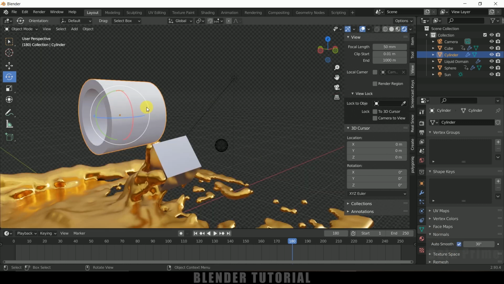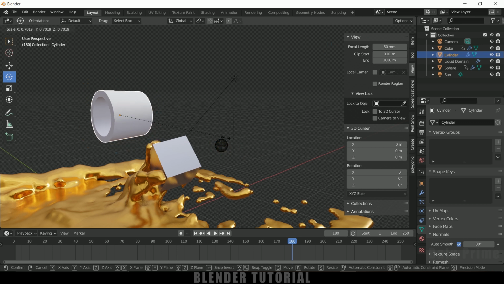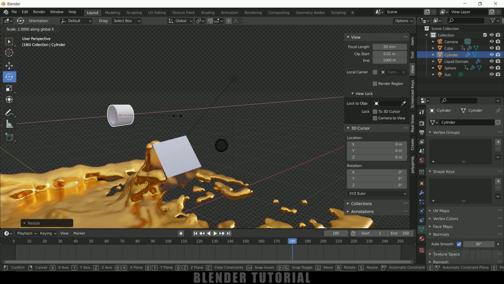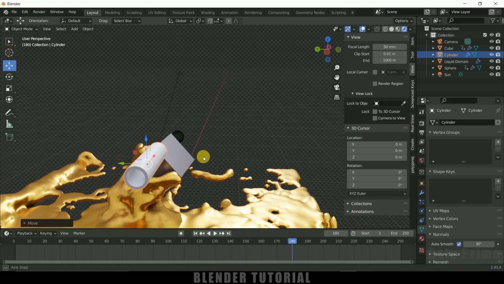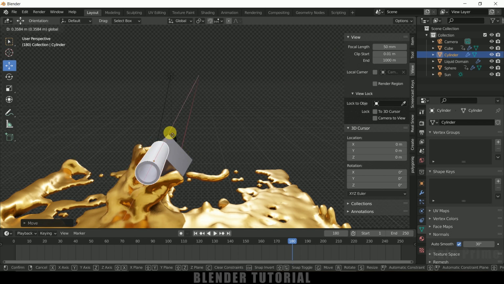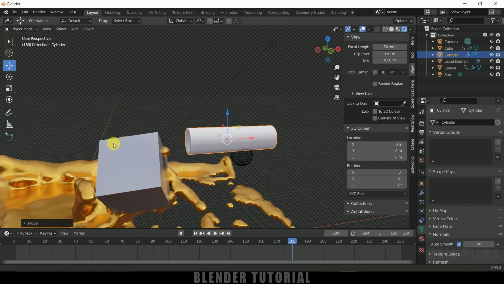Okay, so now let me reduce the scaling of this cylinder so that it fits to the size of sphere. So press S and reduce the scaling here, press S, X and increase the scaling in X axis, and let me place the sphere.